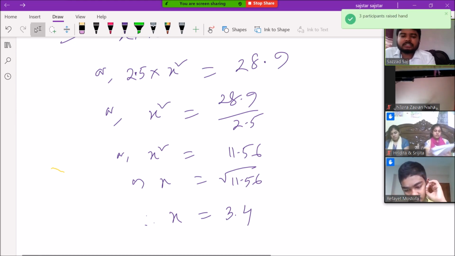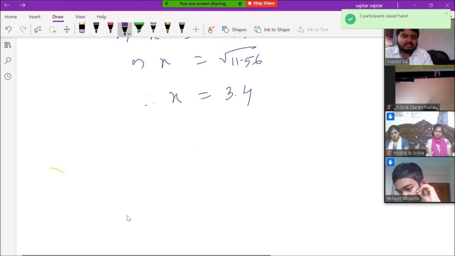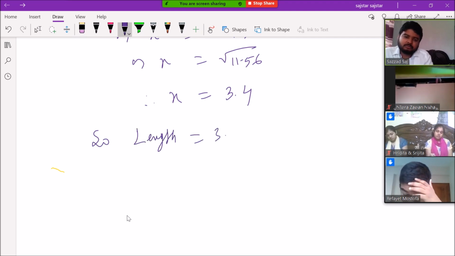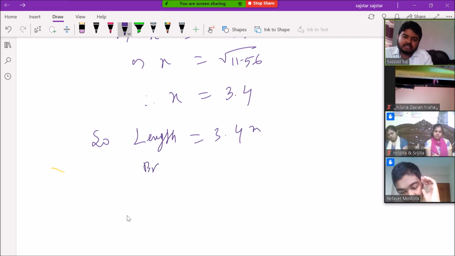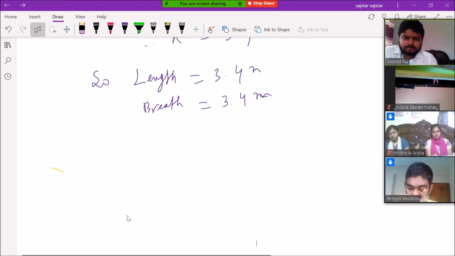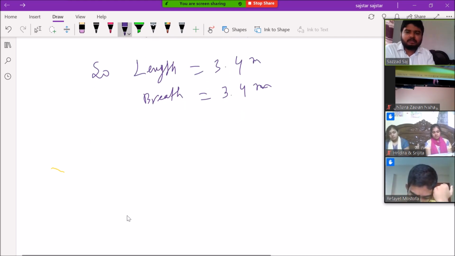So if the value of x is 3.4, what does it mean? Length is 3.4, breadth also 3.4. So now write, length is 3.4 meter and breadth was also x, so it will also be 3.4 meter. And height was given in the stem, that is 2.5. It was given earlier. So we are almost done. Now the final part. What is the final part here? We need the area of the 5 walls. So now write